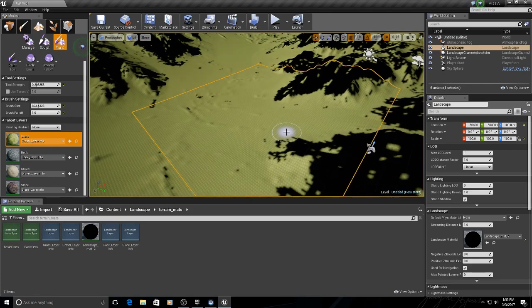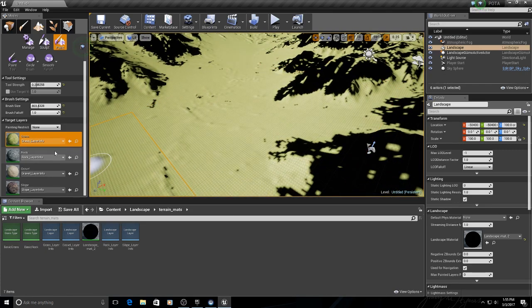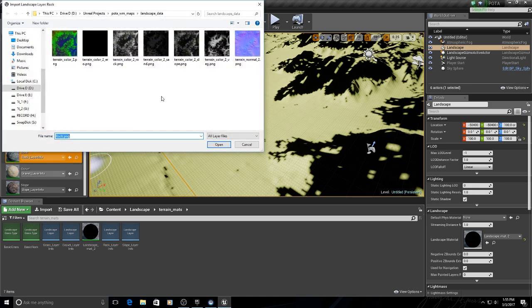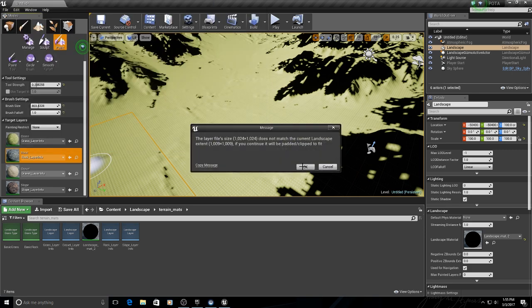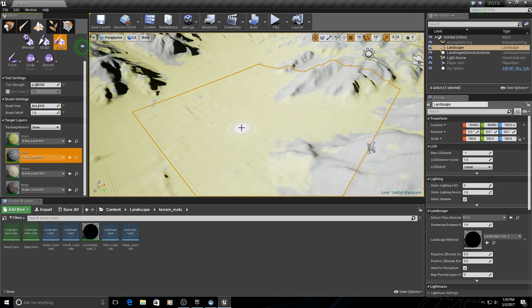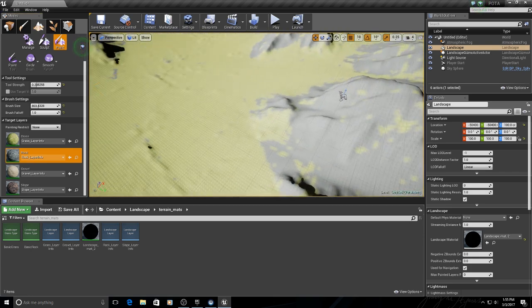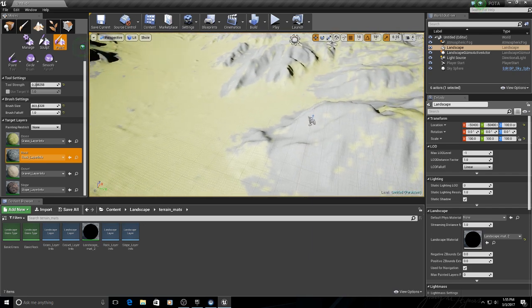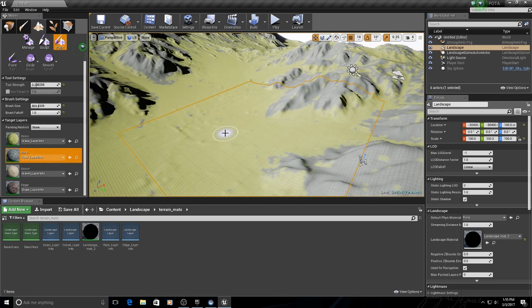Right? Okay, so now we can do the same with a rock. So we are going to import from file, and I'm going to find the one that says rock. Where is it? There it is. Rock. Open. Same two error messages. Now this again is applying that mask. Now you've just noticed that the grass has changed color. What's happened is because these are grayscale,